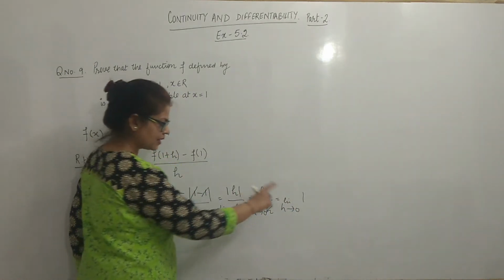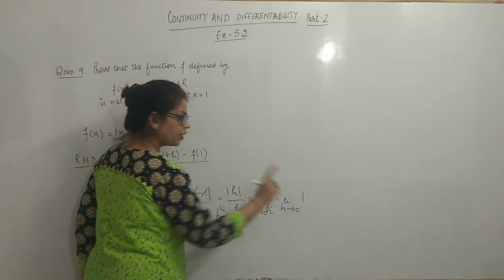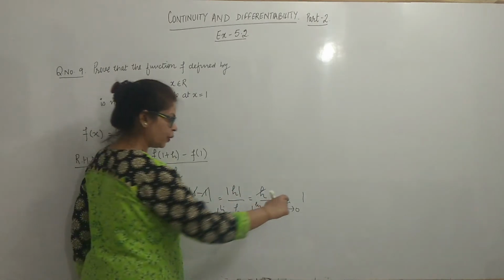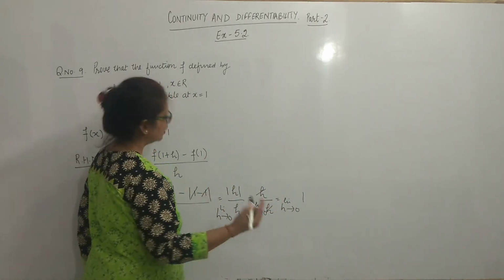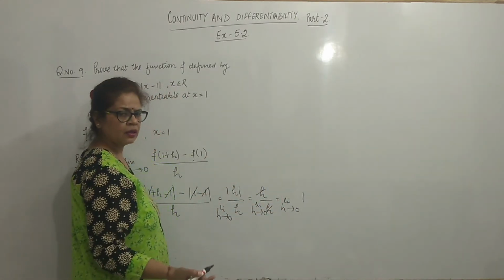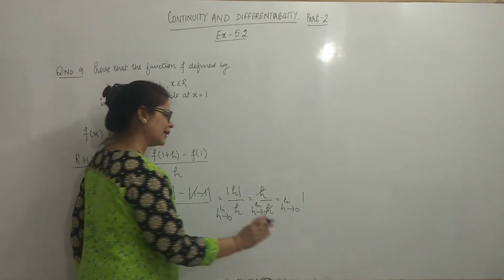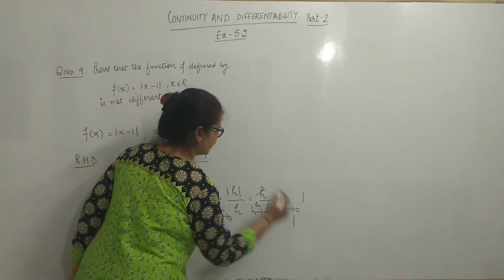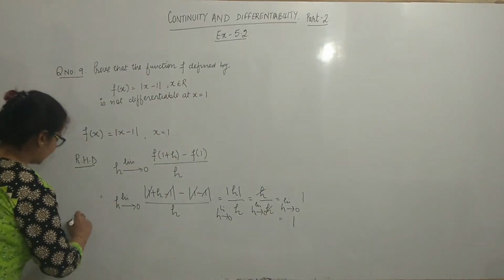Now you can see very well कि 1 is free from h. There is no expression of h. If it had been, we have no problem. We just take the limit and limit is 1. Now left hand derivative.